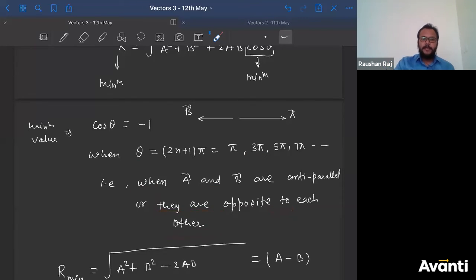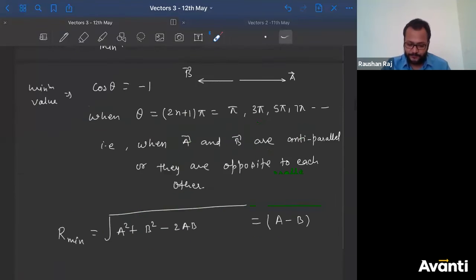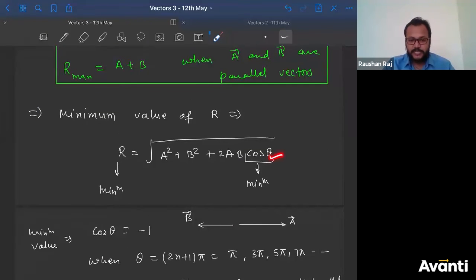Yes, Aniket, you can use the angle in radians or degrees also. If you put the value of theta as 180, it doesn't matter, you will get the same value. If I put theta as 180 degrees, you'll get minus 1 only. If you put theta equal to 0 degrees, you'll get the same answer. You don't have to worry about whether to use radian or degree because this is cos theta. 180 degrees is pi radians, so writing 180 degrees is nothing but pi radians only. It doesn't matter.